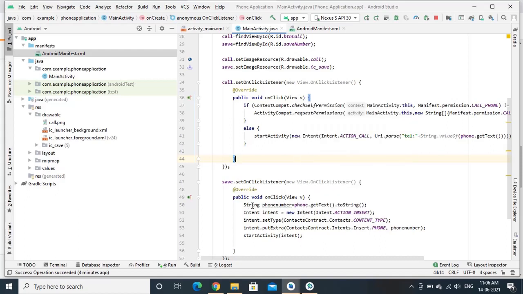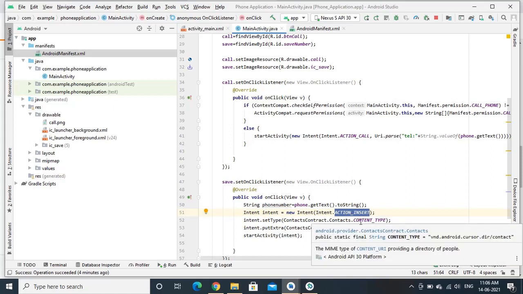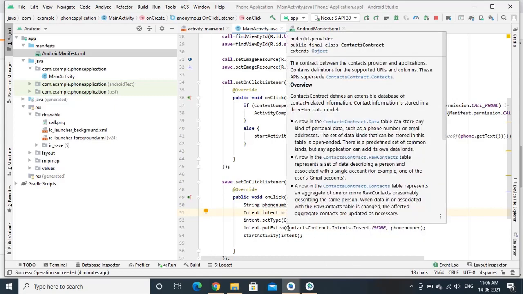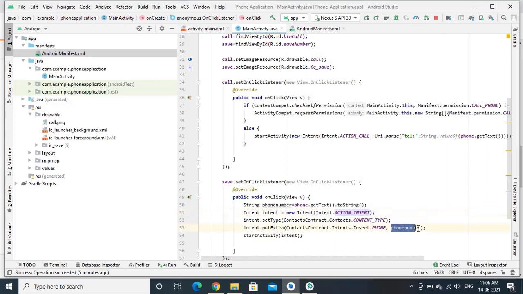And in the save functionality, first we create the intent which will be pointing to action insert, and next we set the type, that is the MIME type. Here we use the content type of the Contacts class, and next we insert the data, that is the phone number, into the intent, and next we start the intent which is used for inserting the phone number or contact details.